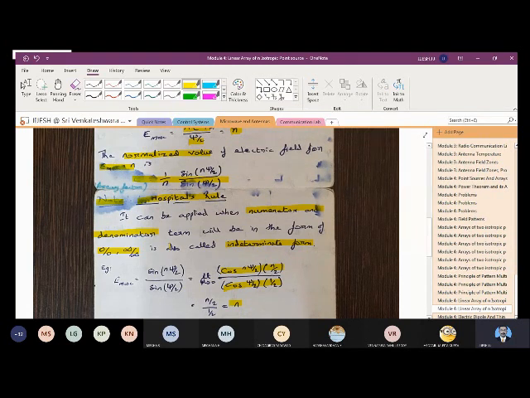Then subsequently we used the geometric progression GP, and simplified it, converting it in terms of sine. When you did that, you got the field as E is equal to sine n psi by 2 by sine psi by 2 angle eta. And you also used L'Hospital's rule to find the maximum value of field E, and the maximum value of the E field, that is E maximum, you got it as n. So till that we have completed.